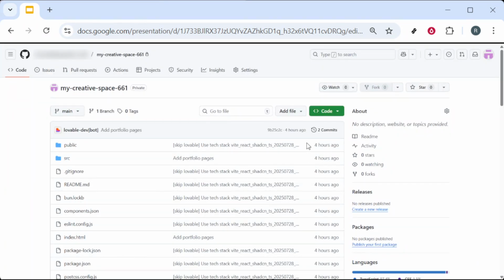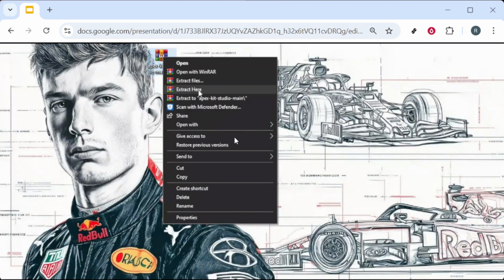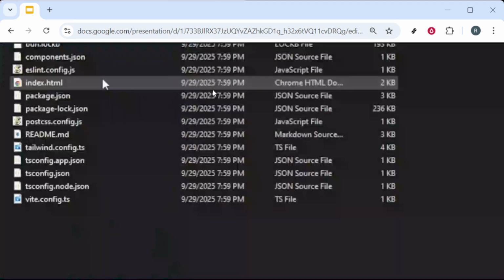In GitHub, click the Code button, then choose Download Zip. This downloads your site's files to your computer so you can make the change that removes the watermark. Locate the zip file in your downloads, then right-click it and choose Extract Here, or extract it to a folder you can easily find. Open the extracted folder, right-click